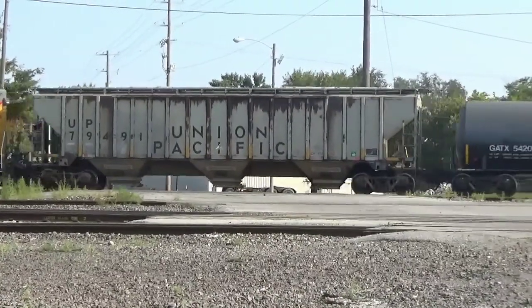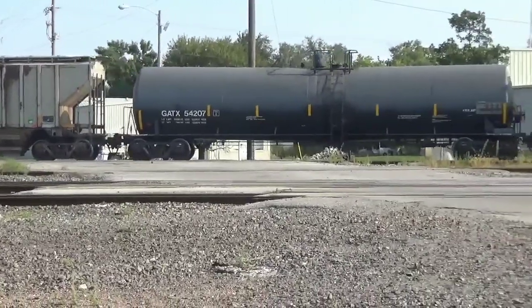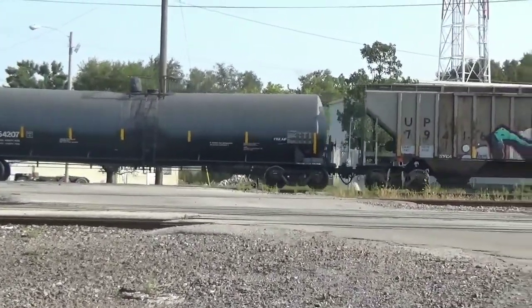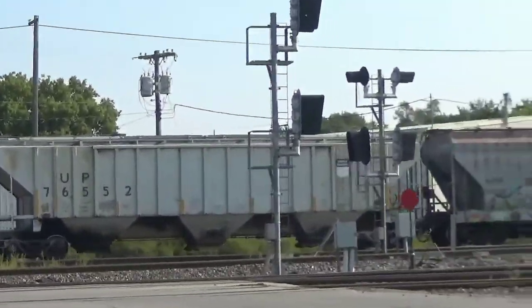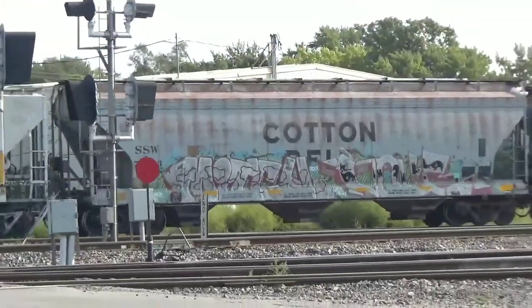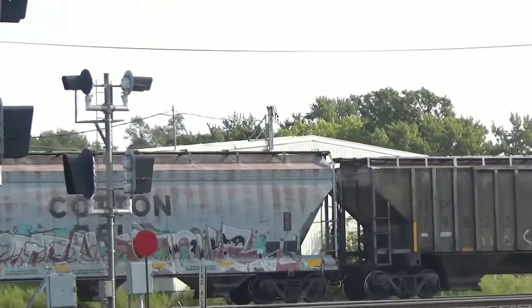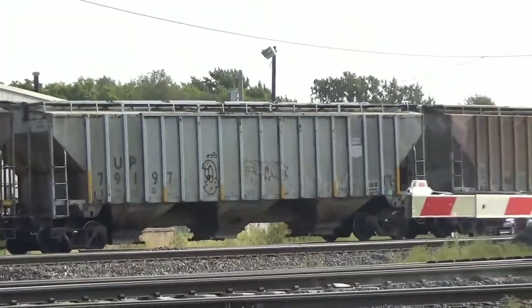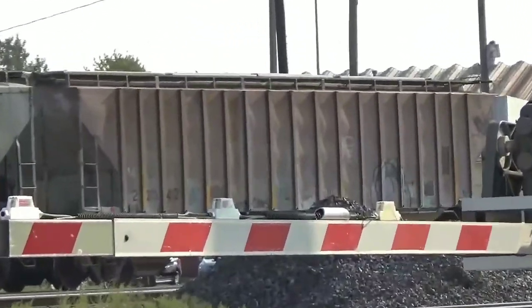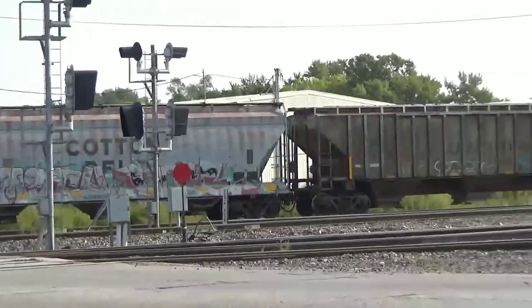I'm here on the BNSF UP main line, and 500 there, a UP GP38-2. There's the other side of my Missouri Pacific right there. Anyway, this train's working the...